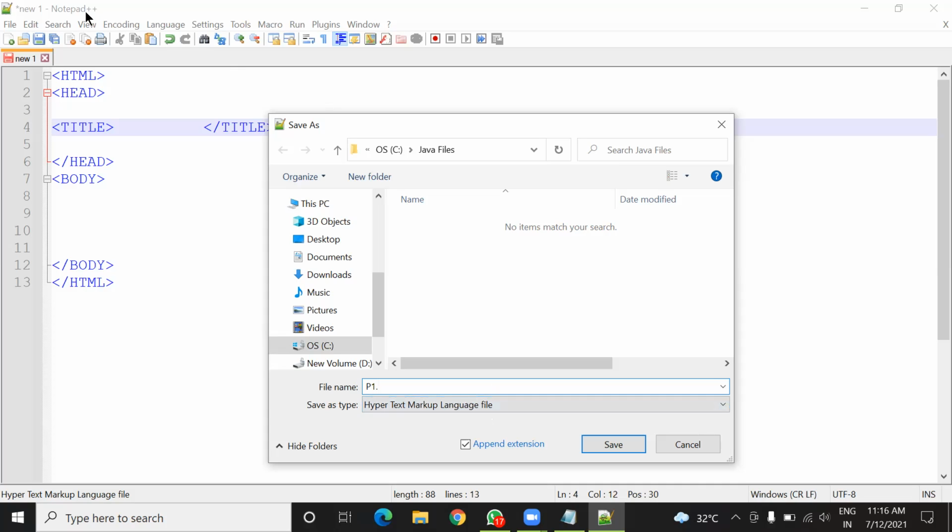So if you are using Notepad++, you can first choose the language, which I selected before typing all these things, HTML. So by default you will get save as type as HTML. But if you are using the Notepad application, there is no such feature in Notepad, so you have to put the extension .html there.